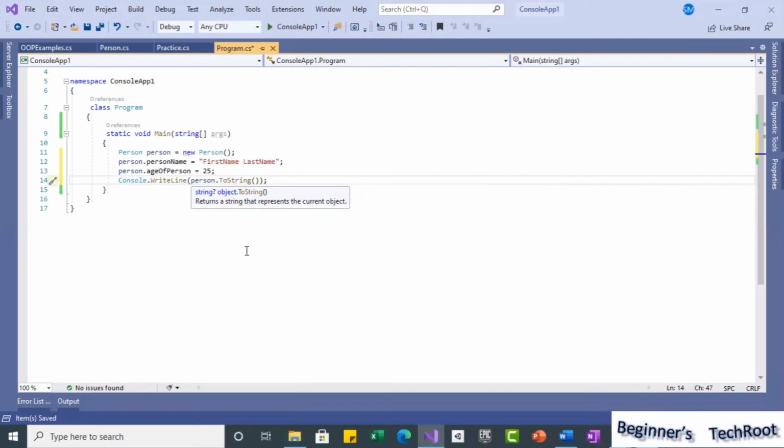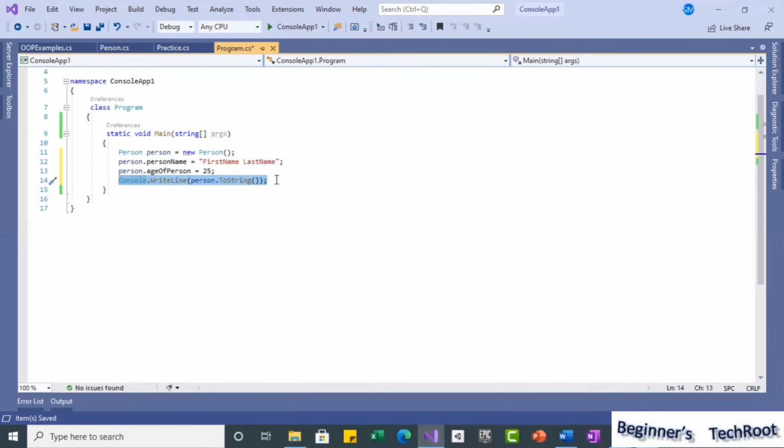As I said, it is overloaded. Even in this case, with our custom object, only the default implementation without any parameters is available. Now if I execute this, what happens even without toString?